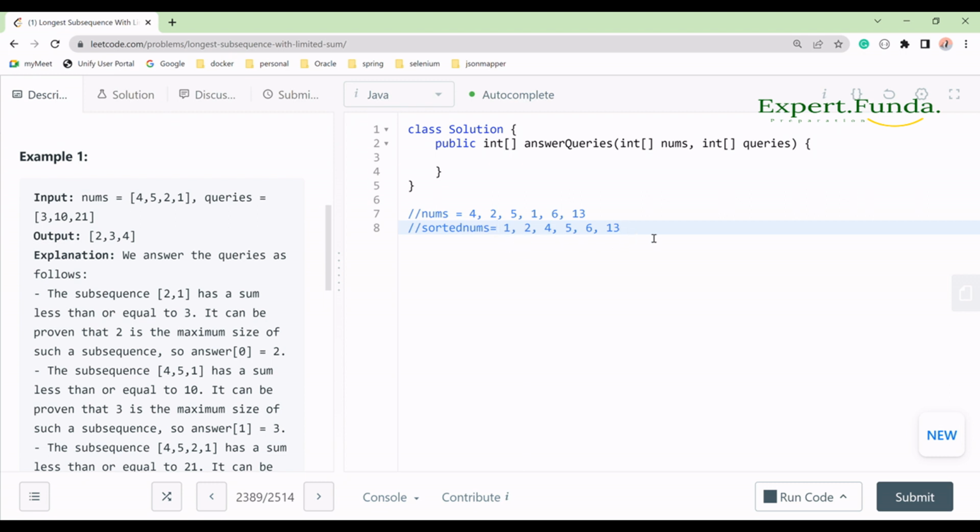So as you can see, if we have to do a sum and there is some query value, let's see, we have some query values. We can take 3, 10, 21, and one more we will take, 2. This is what we have as queries. So if I have to make these 3 from this sorted number,